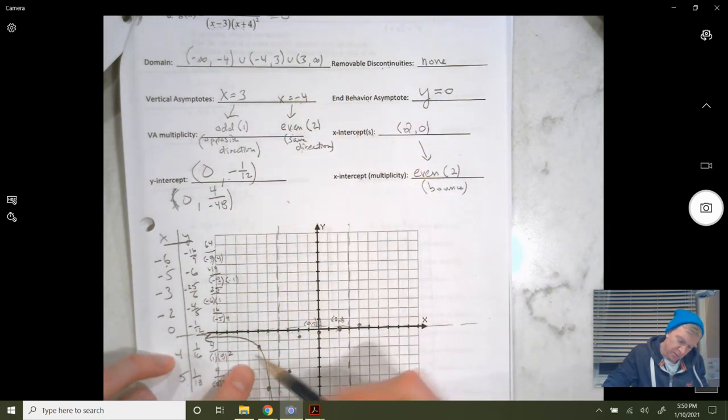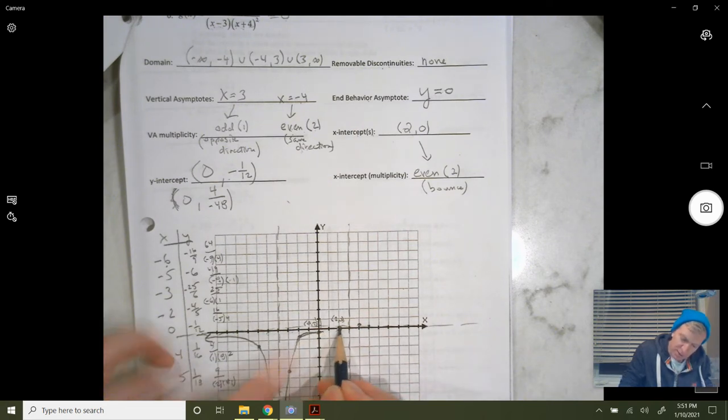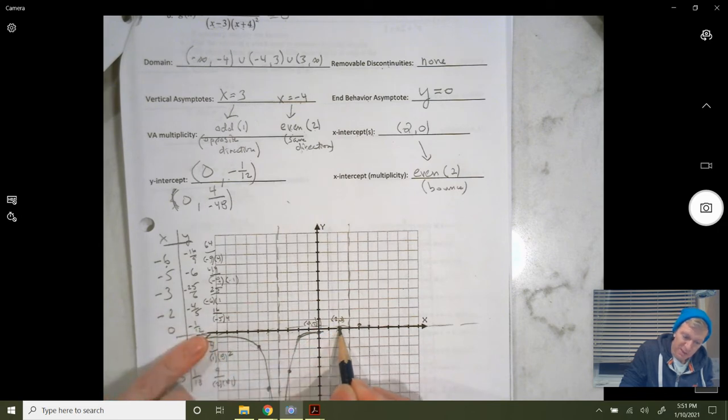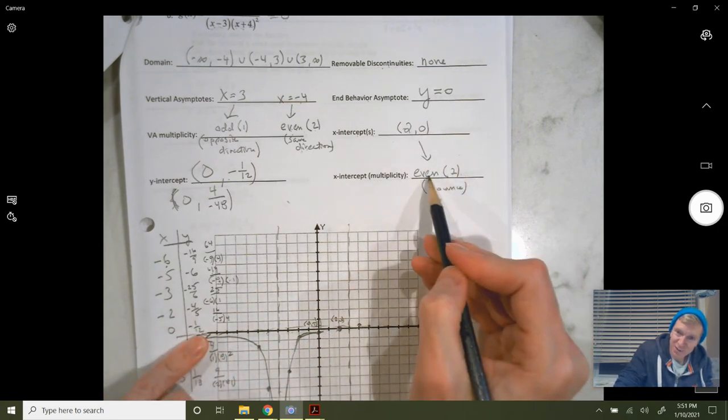So coming from the left and coming from the right to this asymptote, we know this one's down, this one has to be down also. So a lot of this is just confirming. Okay, we're going to go through here, we're going to go through this point here. Now the multiplicity of this x-intercept was 2, which means it's even, which means it's a